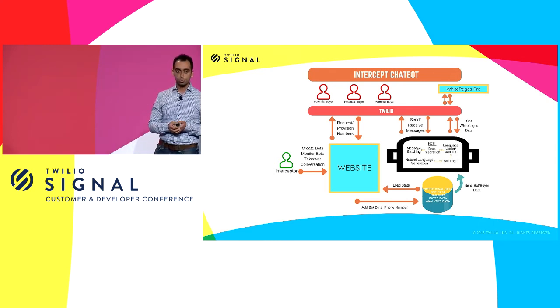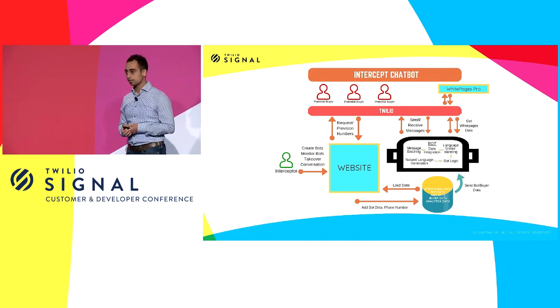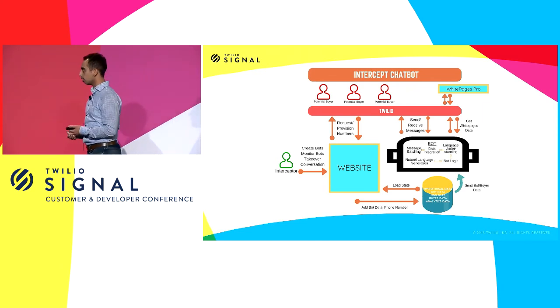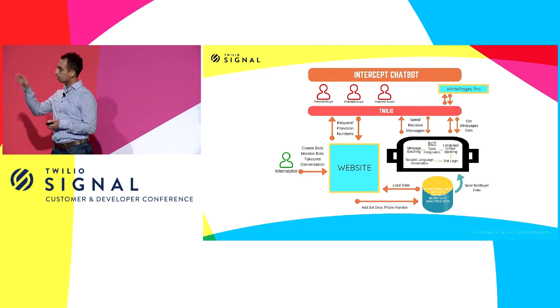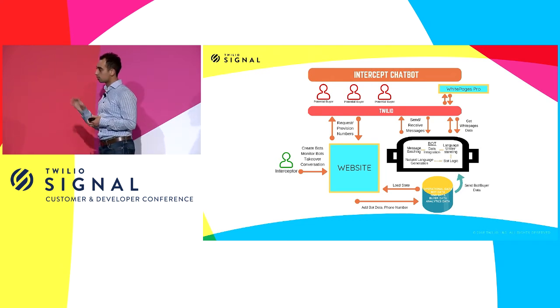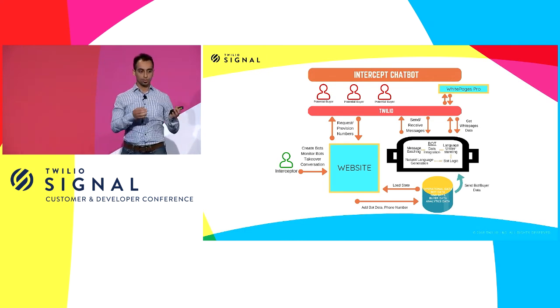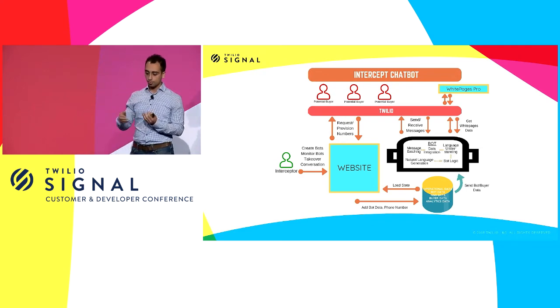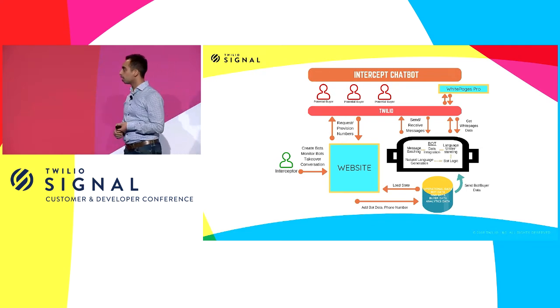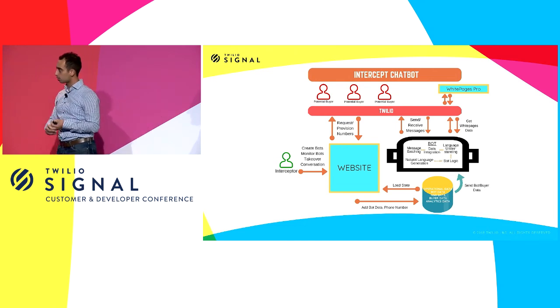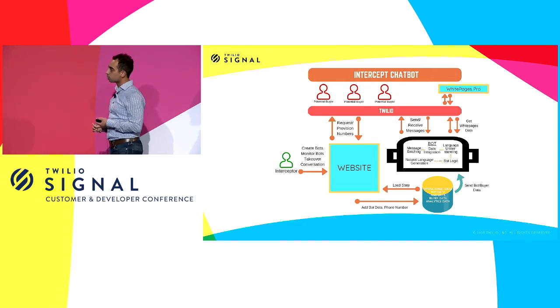Then it goes through our natural language understanding model. This tells us what they're probably intending to say in every part of the message. Then the bot logic is the part that's specific to every persona of the bot that the interceptor creates. So we can say, for example, when a potential buyer says this, then this is how we're going to respond to it. Either ask a question about that or give them more information about this thing or something like that. Once this part is finished, we go to natural language generation. We come up with a response message that we would like to send back, and then we put it in a queue for sending out to the potential buyers again.